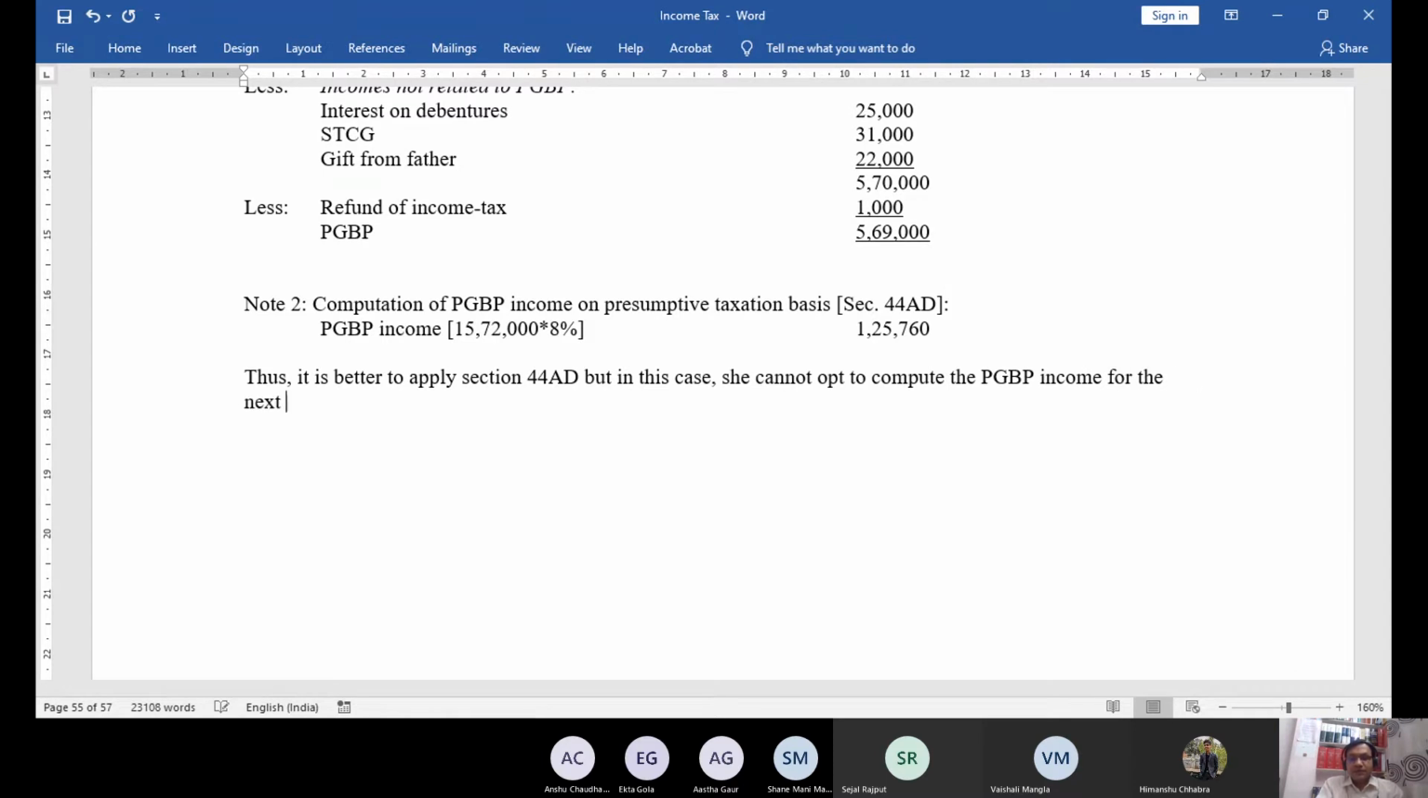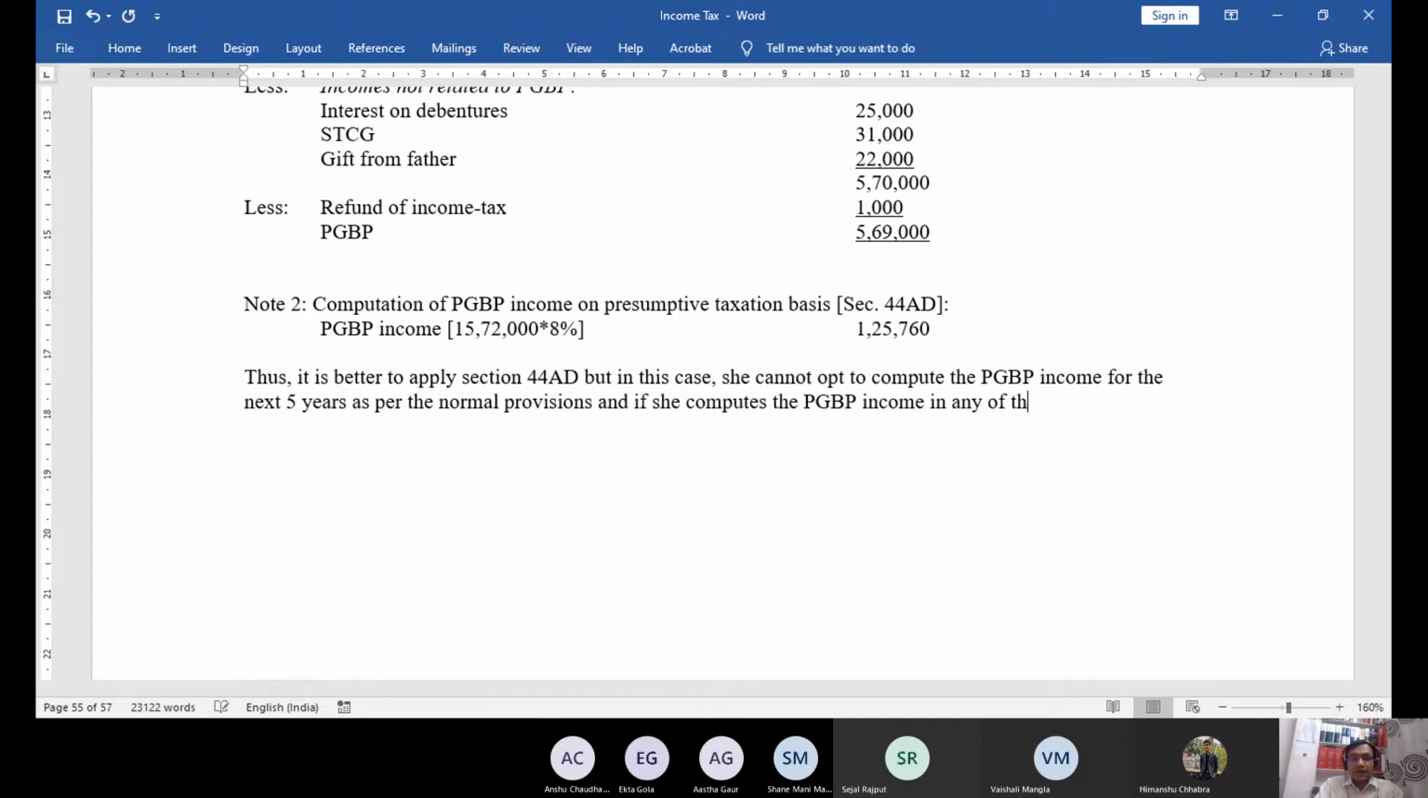For the next 5 years, as per the normal provision. Do you remember this point? That if she has chosen section 44 AD for any year, for the next 5 years, she cannot compute the income as per normal provisions. And if she computes the PGBP